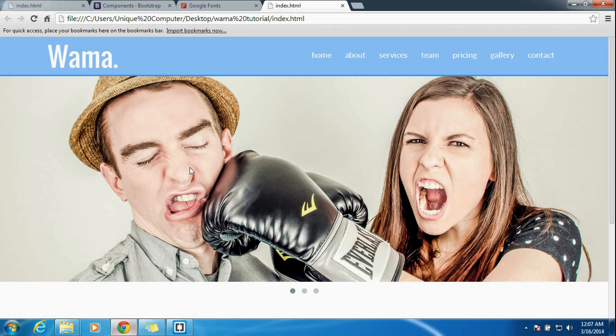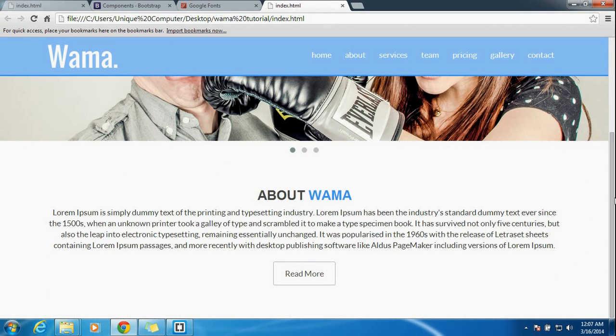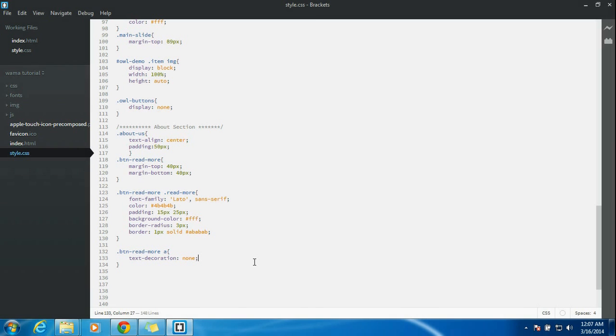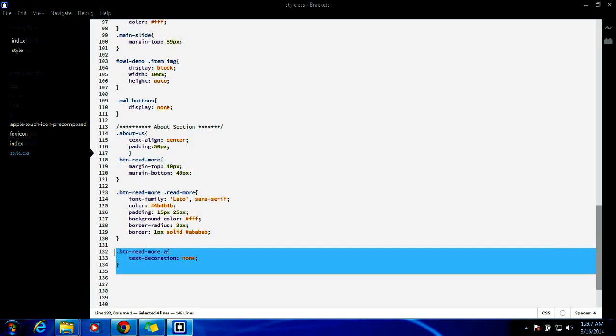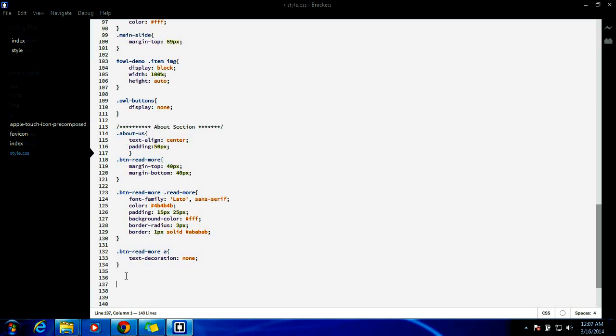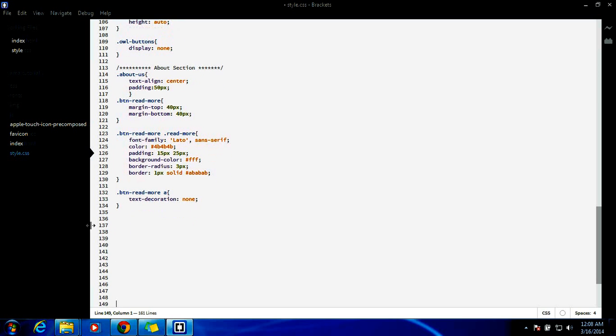Wow. So now there is no text decoration, I mean to say underline. So let's copy this. Actually, I'm gonna copy this and paste this, and with our effect,